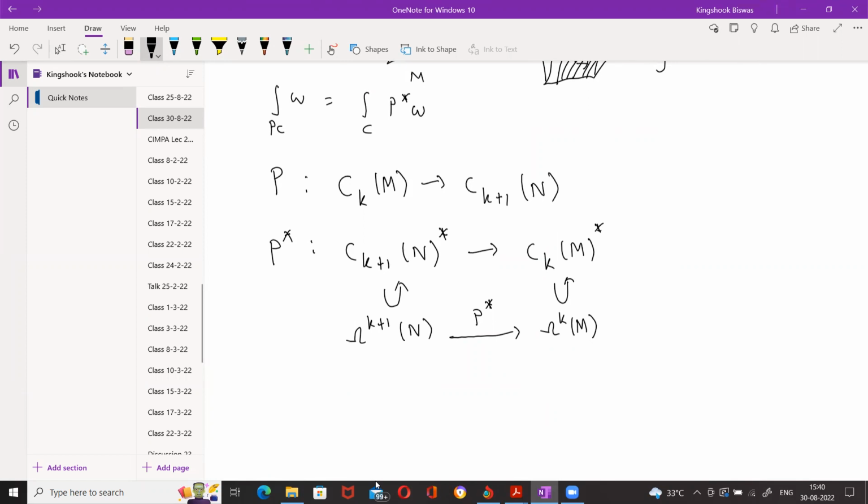Similarly, we're doing it for the prism operator. Is this clear? Okay, fine. So we have this. So now,